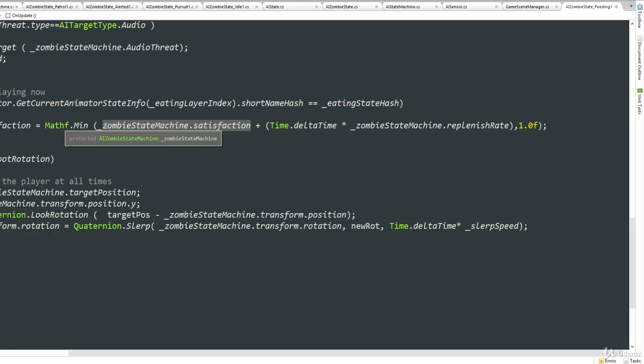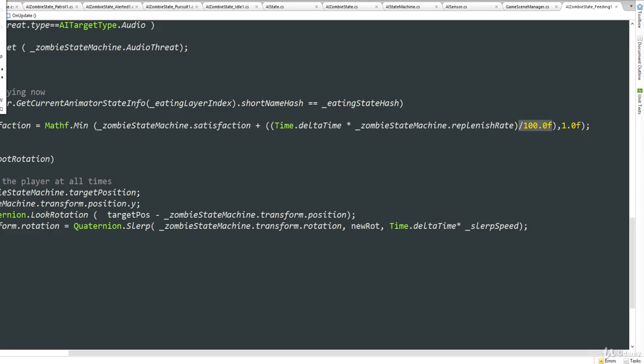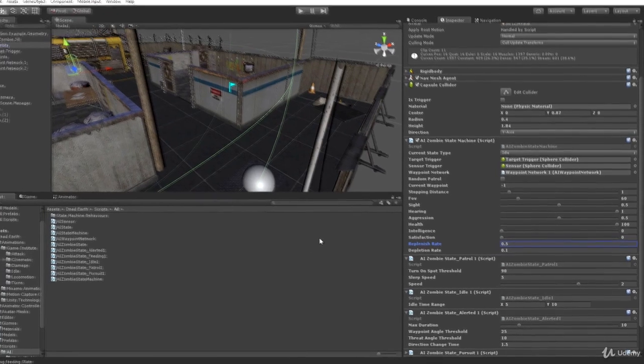It's 1/100th that amount. So if we want to find 1%, we don't want it to be 1, we want it to be 1/100th of 1. That's 1% of 1, right? So what we need to do is divide that calculation, which is assuming that the satisfaction rate is working in a range of 0 to 100, by 100. Like so. And if I save that off now, go back to the editor,